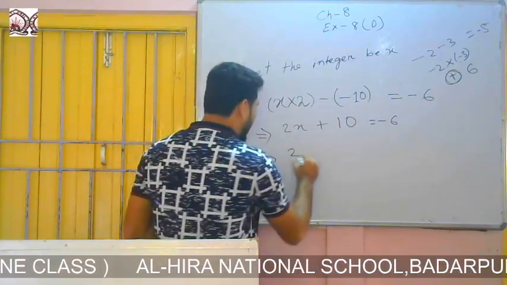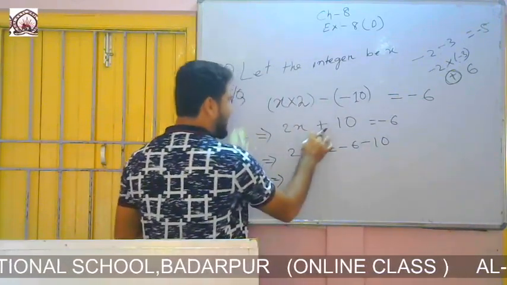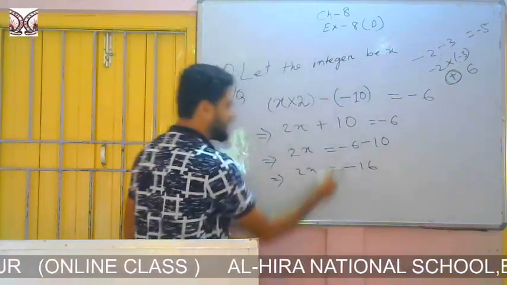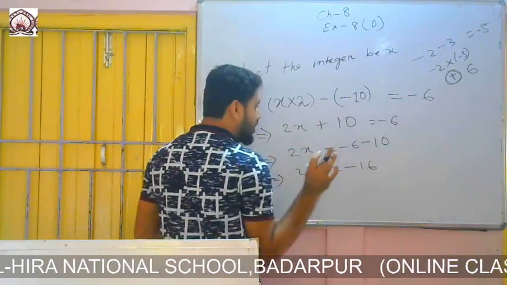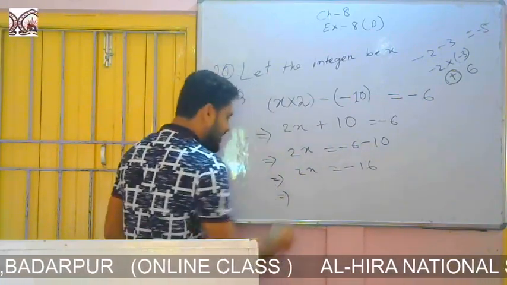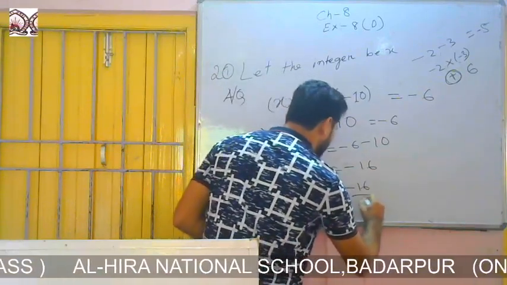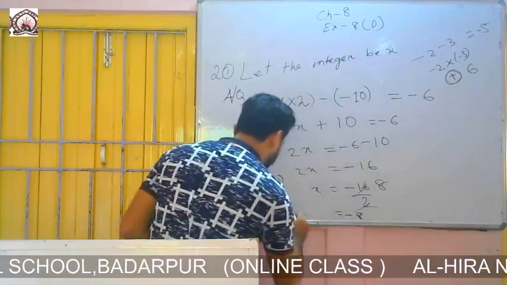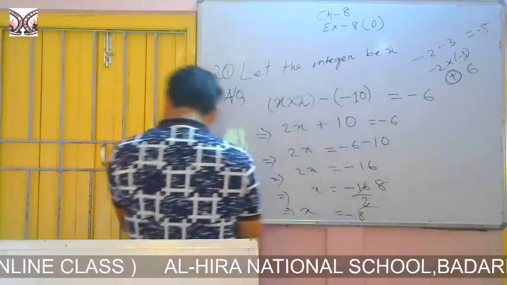Okay, then you see twice x equals to minus 6 minus 10. Okay, because here plus, if I take to the right side, then it will become what? Minus. Then minus 6 minus 10 means what? Minus 16. Here you see I have written minus 16 because here minus minus plus, there is no symbol of multiplication. So we add the two numbers and put the symbol of the greater number. Okay, then twice x equals to what? Sorry, x equals to, then I can write x equals to minus 16 by 2. Then I can subtract what? 8. So the answer will be what? Minus 8. Okay, minus 8. So the answer will be minus 8.